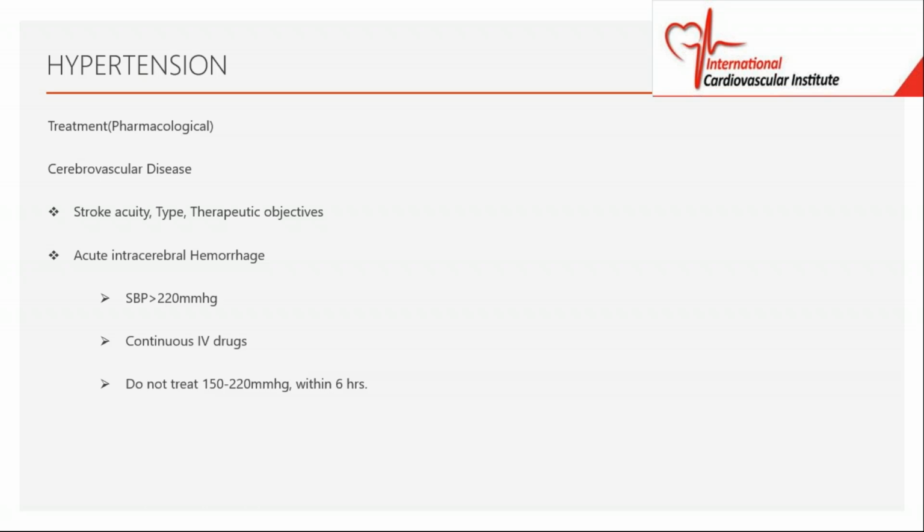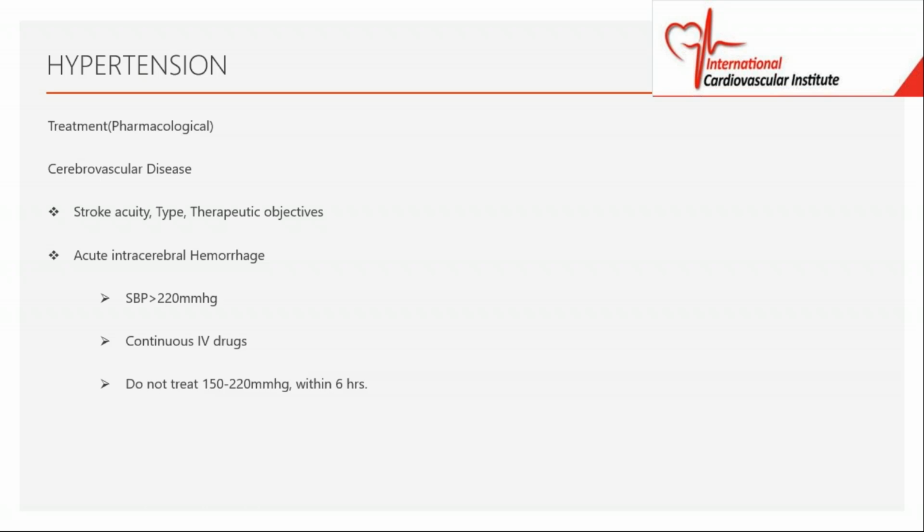If you have a cerebral bleed and the systolic blood pressure is above 220, you can treat it above 220, but anything less than 220, you don't want to treat it because the brain is such that in that acute situation, it needs that high pressure to perfuse the brain. So unless the systolic blood pressure is greater than 220 millimeters mercury in the acute setting, you don't treat acute intracerebral hemorrhage. Okay,